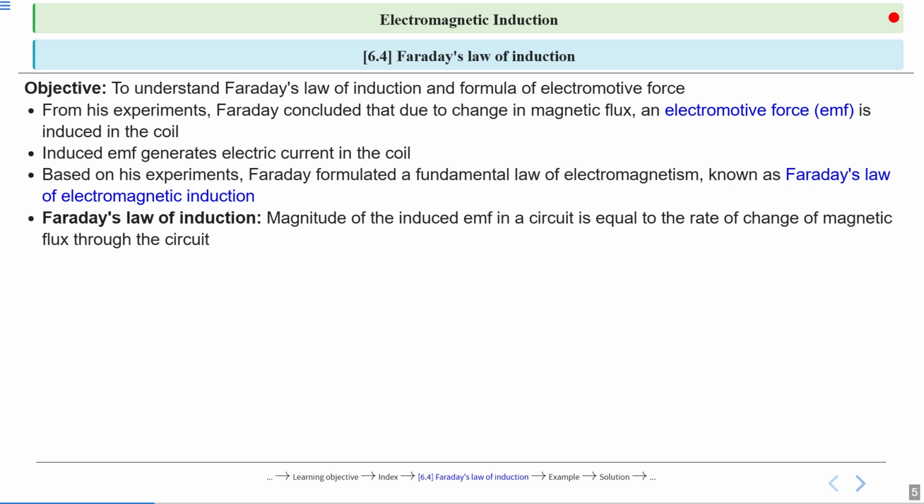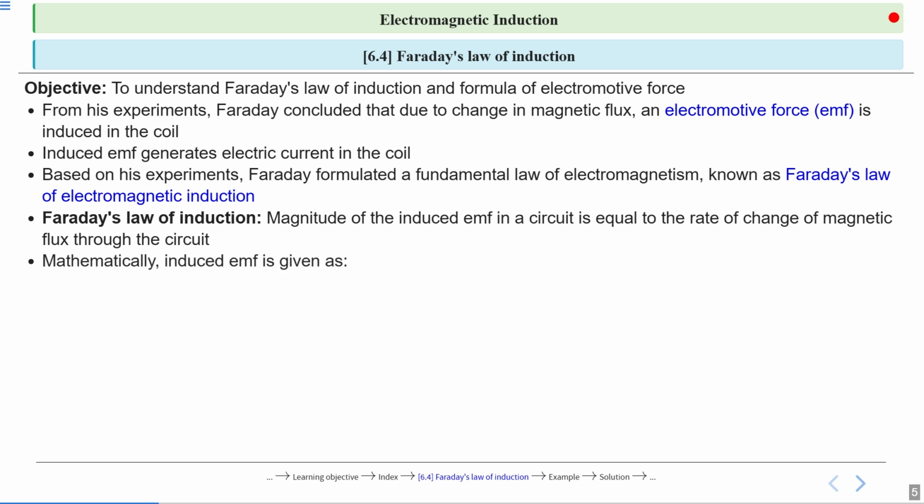We are also going to study in our upcoming lectures what Lenz's law is, or Faraday-Lenz law as combined. So magnitude of EMF was given by Faraday and polarity of EMF was given by Lenz. Both are names of scientists. Faraday's law of induction is only for magnitude. So magnitude of induced EMF in a circuit is equal to the rate of change of magnetic flux. What is rate of change? Change of magnetic flux with respect to change in time, meaning for what time interval magnetic flux is changed. So rate of change of magnetic flux through the circuit.